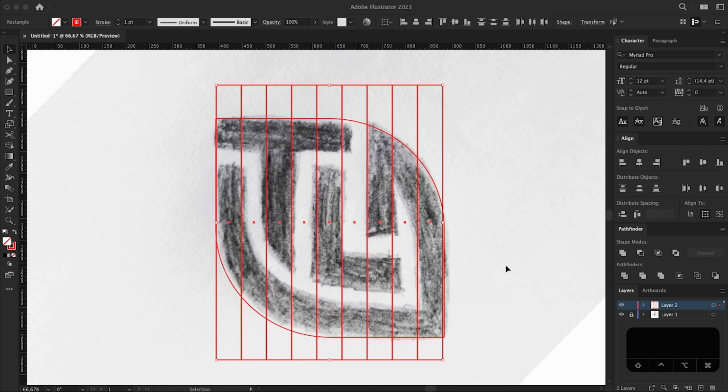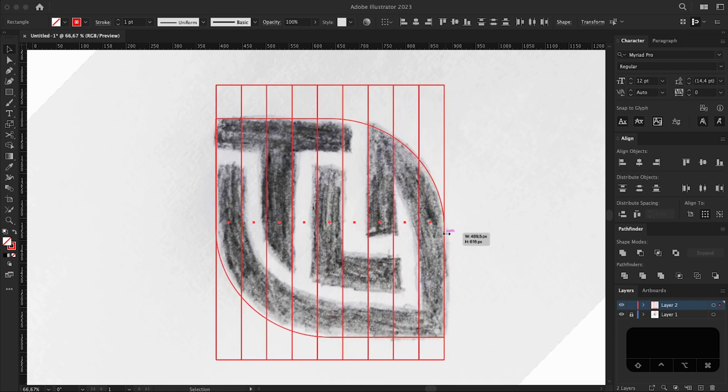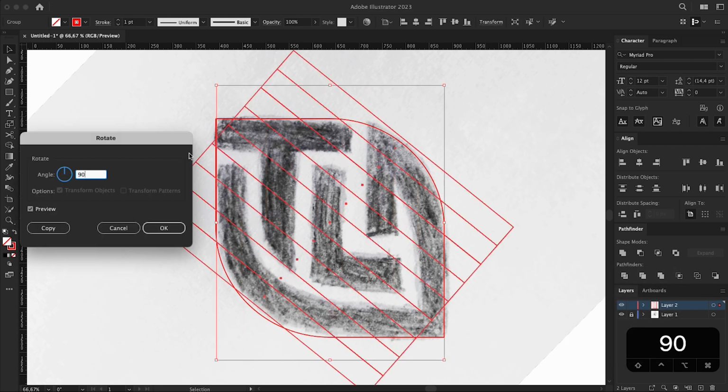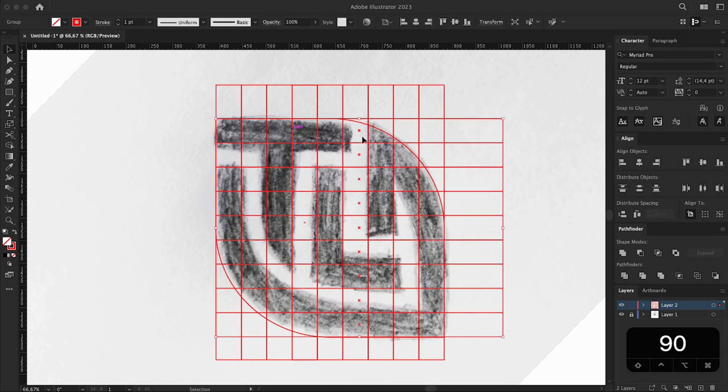Here I have 9 vertical squares, and align them to the edge of the leaf shape. Next, I press Command G to group these vertical lines and rotate them to 90 degrees. Now I need a leaf shape to complete the inner grid. Command C and Command V will work this time, then drag while holding Shift and Option on the keyboard.